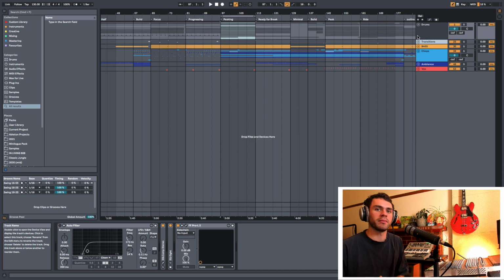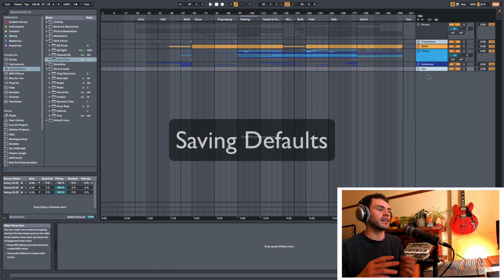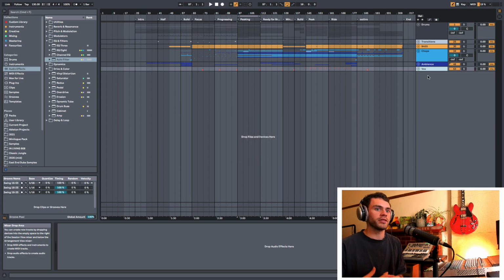And it just gives me a bit more of a hands-on approach. So this next section of workflow tips is going to be about saving defaults. There's no point repeating the same actions over and over. So if you can save defaults which allow you to not repeat things so much, then that is a really